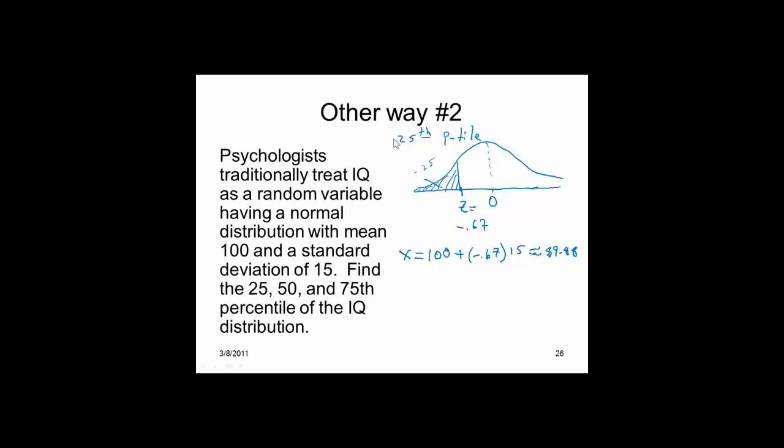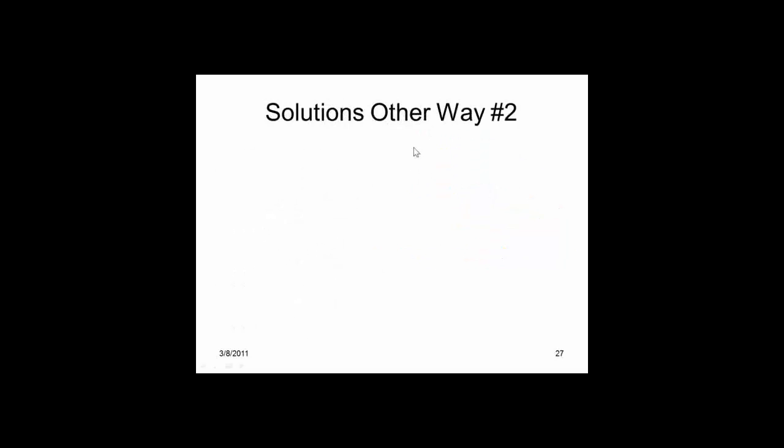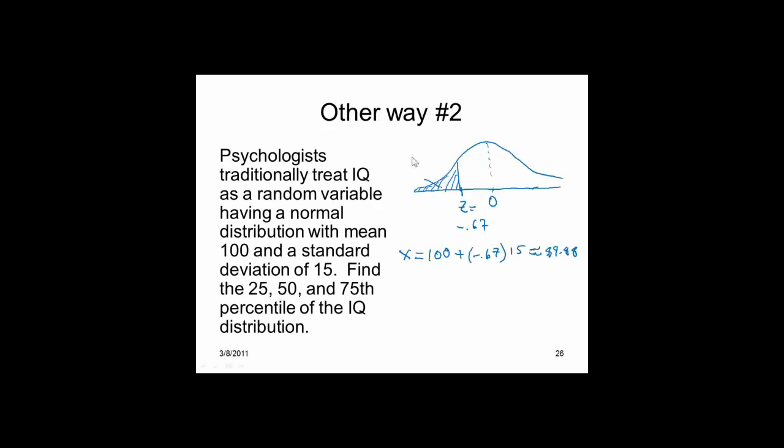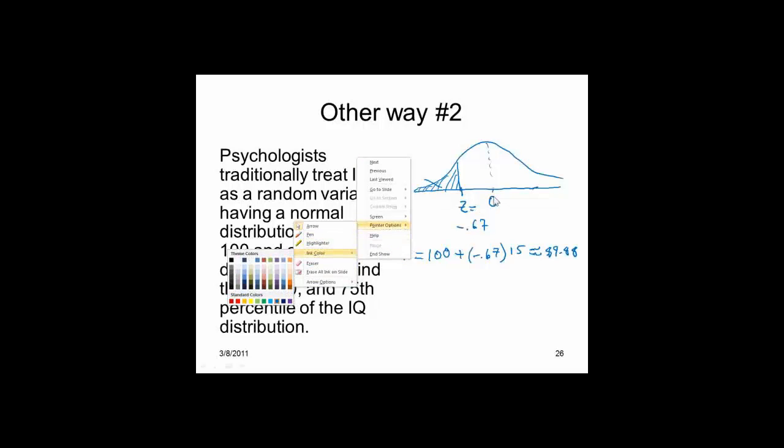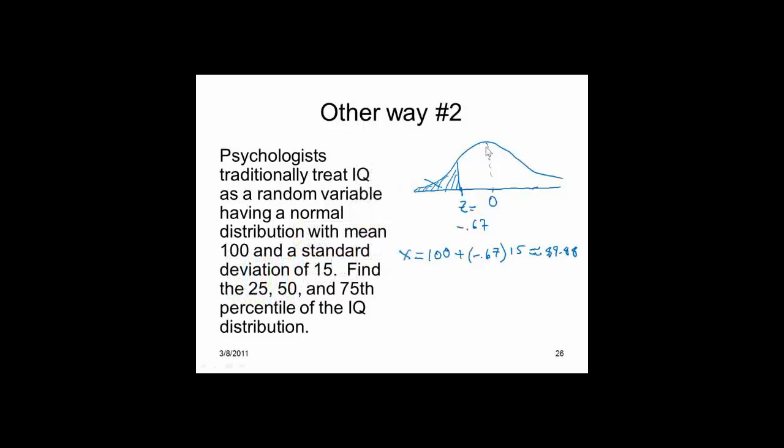Well, the 50th percentile means how much of the data is going to lie to the left: 0.5. And 0.5 is going to correspond to 0, right? Because we know that at 0, half the data, half this mass, half the area lies to the left. So there's not really much to do, because we already know that z for the 50th percentile is equal to 0. So that means that x has to correspond to 100,